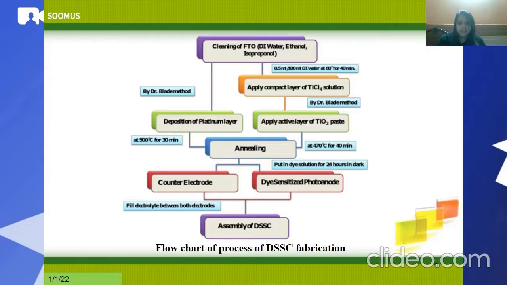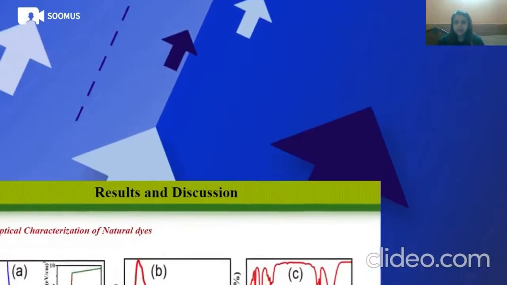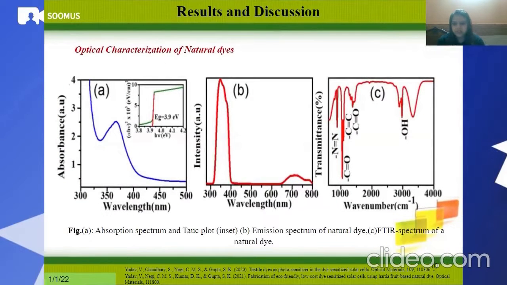After completion of the photoanode and counter electrode, we merge both electrodes, fill electrolyte between them, and assemble the DSSC device. Then the results of my work. Firstly,